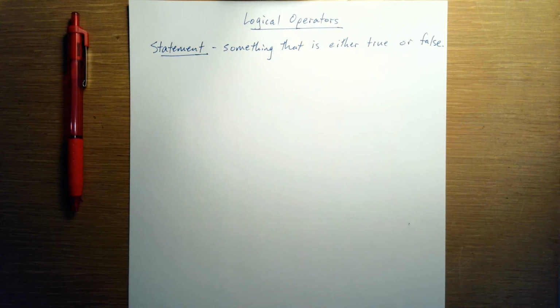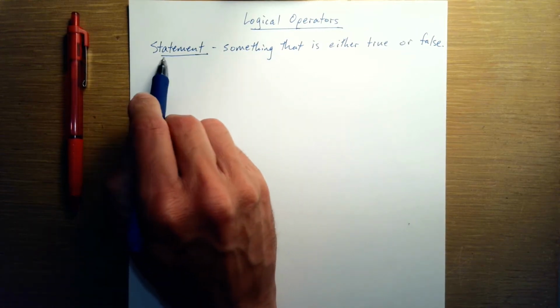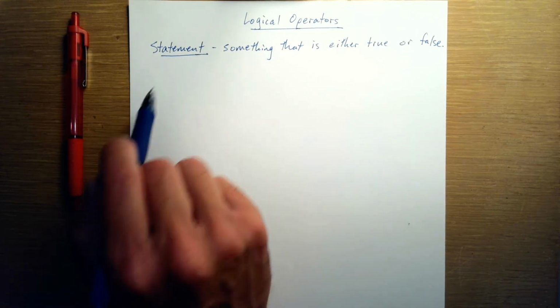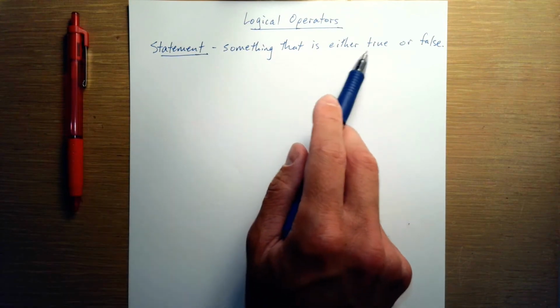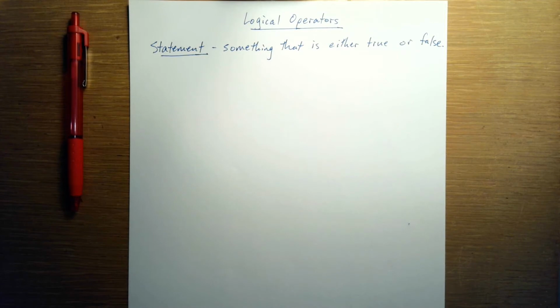In this video, we'll take a look at logical operators. And to talk about anything that has to do with logic, we need to know what the basic unit of logic is. And that's this definition, which is called a statement. A statement is defined to just be anything that is either true or false. And it could be a sentence, it could be a mathematical equation, it can't be things like opinions